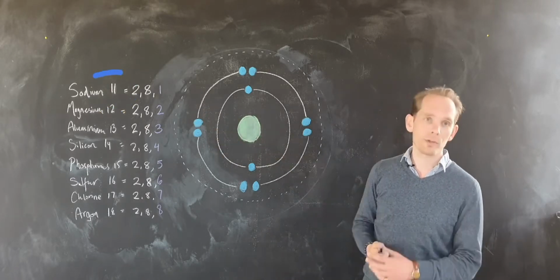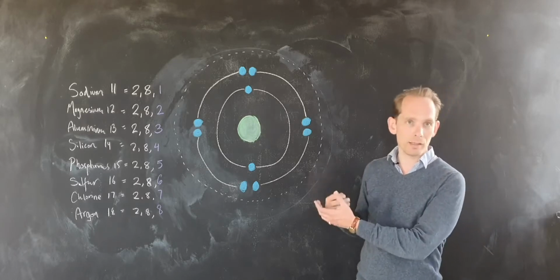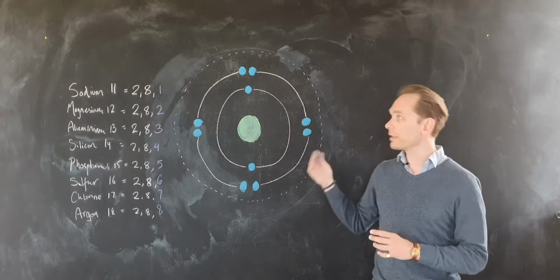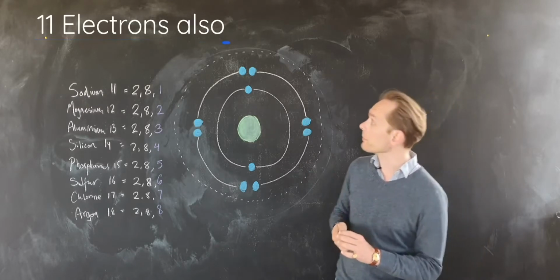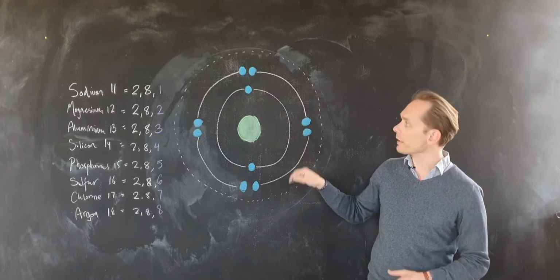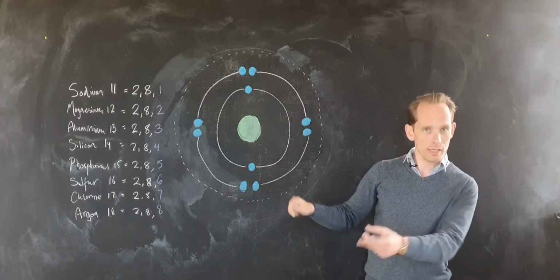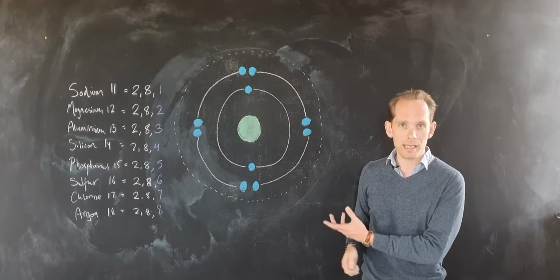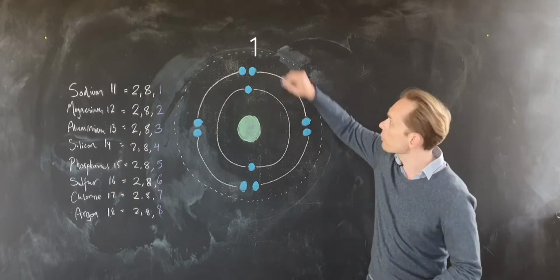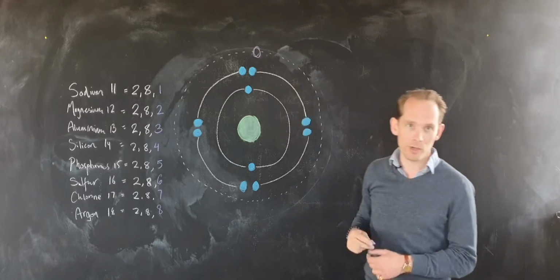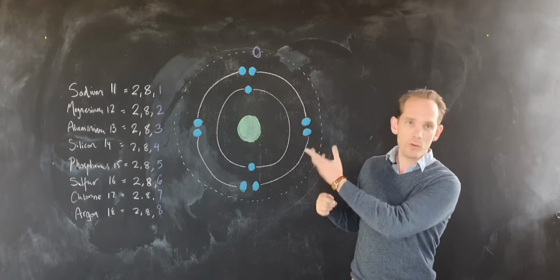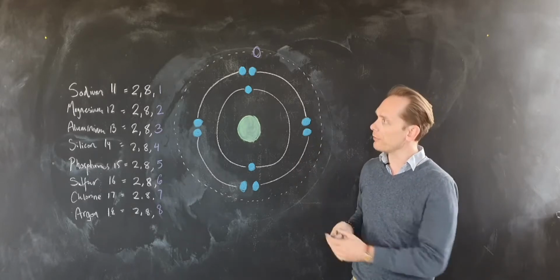It has 11 protons. And to make a balanced atom, it has to have an equal number of electrons. So 11 electrons in sodium also. Now, the arrangement of the electrons is governed by the capacity of each ring. The first ring of electrons can only take 2, the second can only take 8, so 2 and 8, that makes 10. So to make 11, we need one more electron. Don't worry that it's purple, that's just to make it look different for this ring. So one extra electron makes our 11.